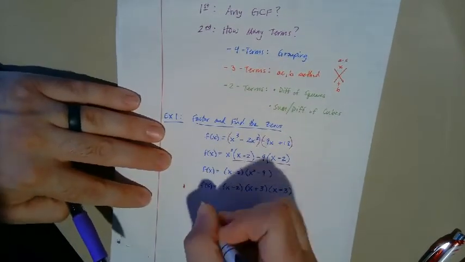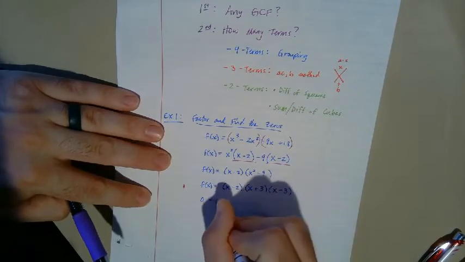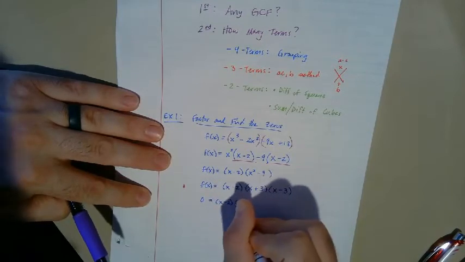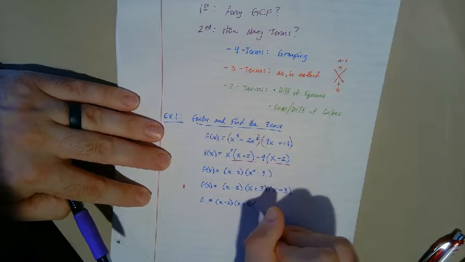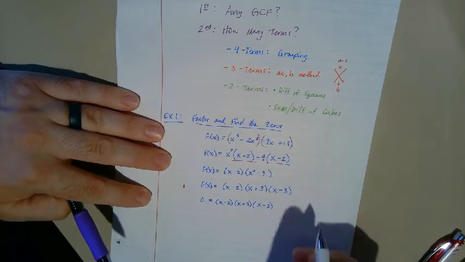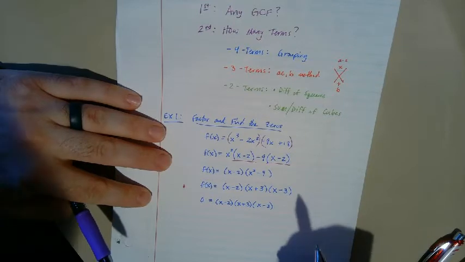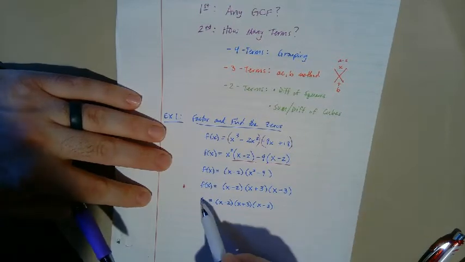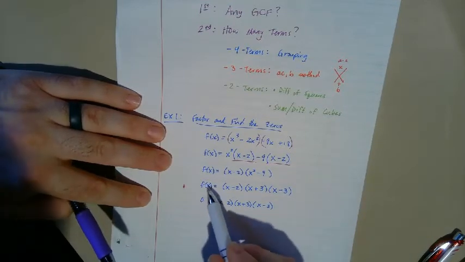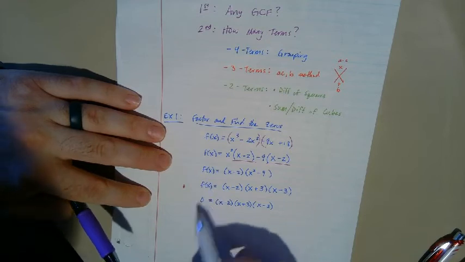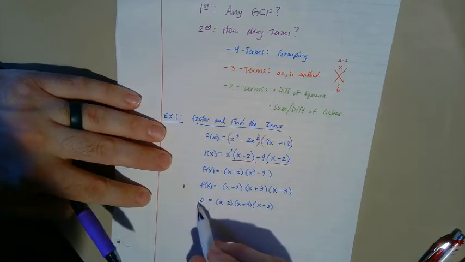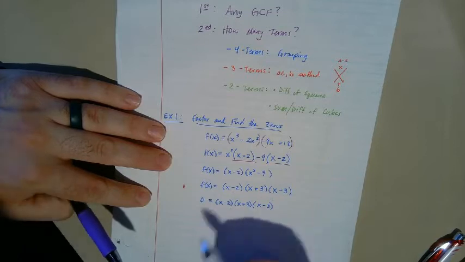So to find the zeros, you set it equal to 0. You swap out a 0 for f of x. Because what we're doing when we find the zeros, we're actually looking for x-intercepts. We're looking for where we cross the x-axis. And when we cross the x-axis, y is 0. f of x can be replaced with y in most cases. And so we're saying, okay, when y is 0, whatever we find over here will give us